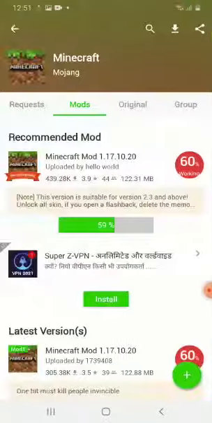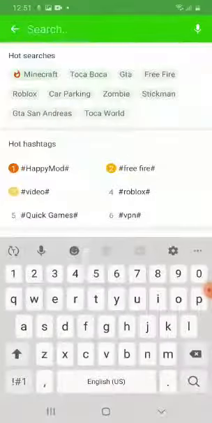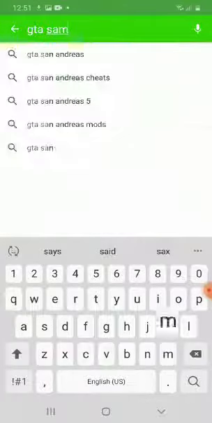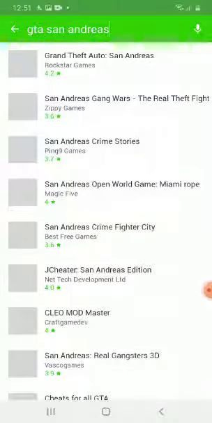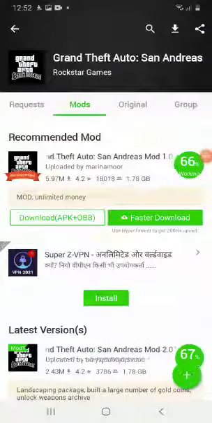Let me show you more apps and games here, like GTA San Andreas. Let me search it. Here you can see GTA San Andreas. My phone's RAM is low, so that's why it gets too stuck.